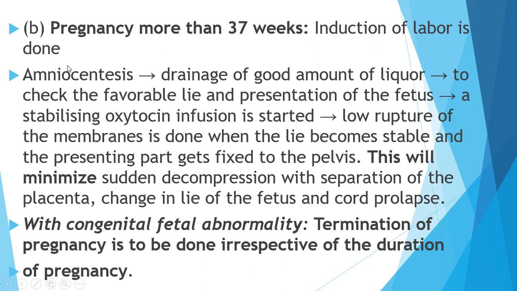With congenital fetal abnormality, termination of pregnancy is done irrespective of the duration. If the baby has a congenital abnormality and the mother has polyhydramnios, they will not consider the gestation week, they will go for termination of pregnancy. So if the mother is more than 37 weeks,